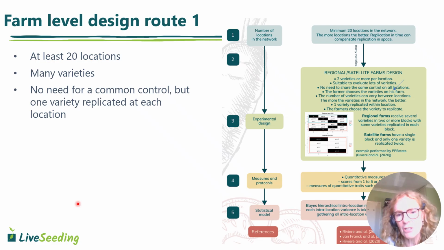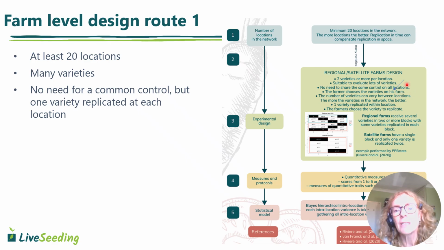Okay, so we get into quite advanced statistics if you go down the tree, and we're not in this module really getting into the nitty-gritty of statistical analysis, but just trust that in this particular route, that's the way it's done, that you don't need that common control, but you do need a replicate of one variety at each location. And this is kind of all explained here, where it says 2 varieties or more per location. So at least 2, but probably quite a lot more. Suitable to evaluate lots of varieties, and this is where it says no need to share the same control, but the farmer chooses the varieties on